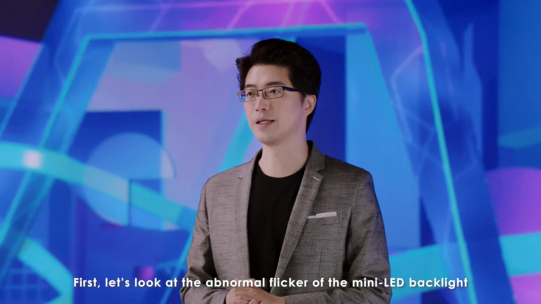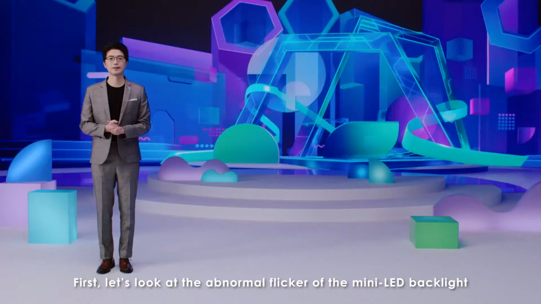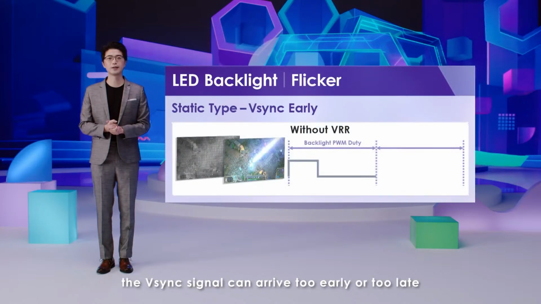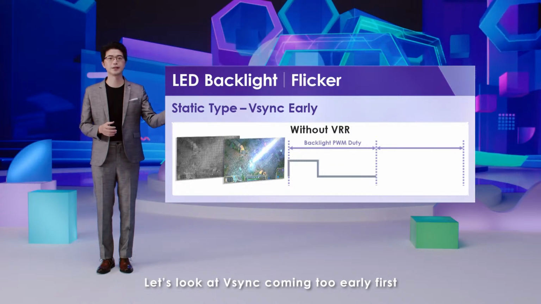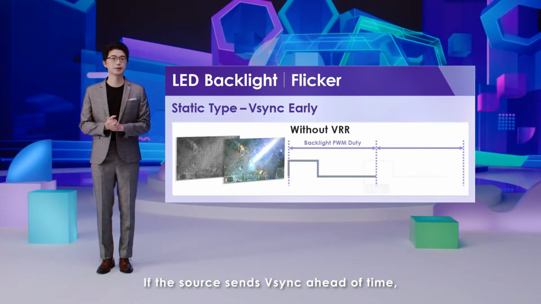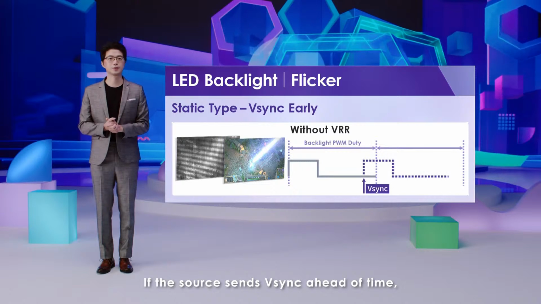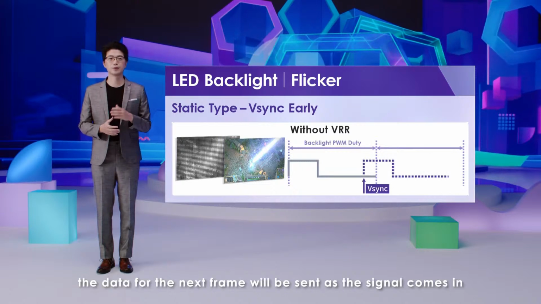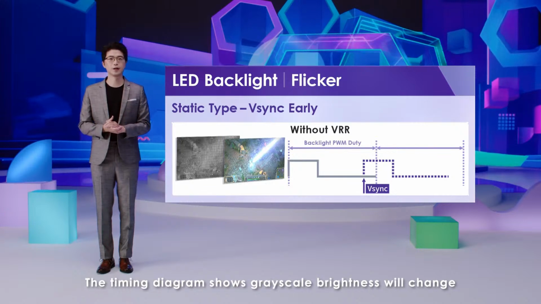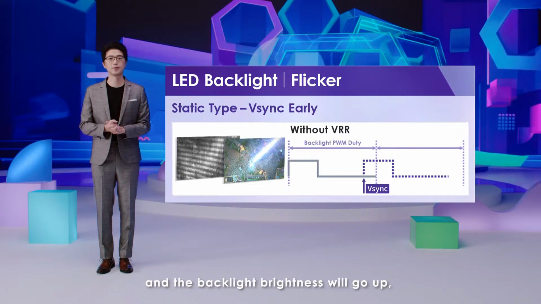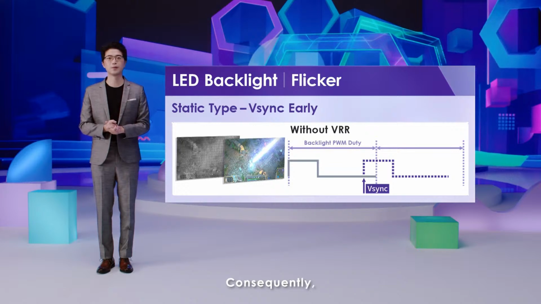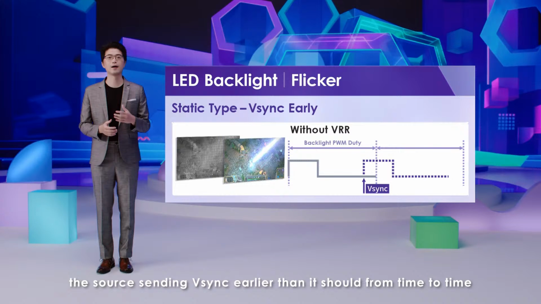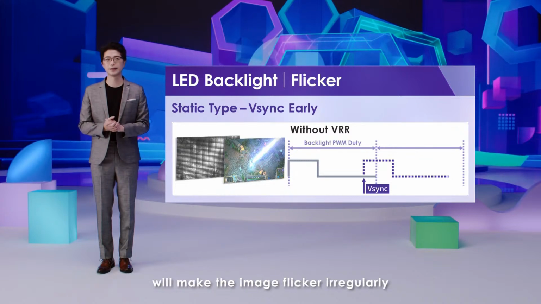First, let's look at the abnormal flicker of the mini LED backlight. Under static type, the V-Sync signal can arrive too early or too late. Let's look at V-Sync coming too early first. If the source sends V-Sync ahead of time, the data for the next frame will be sent as the signal comes in. The timing diagram shows grayscale brightness will change and the backlight brightness will go up, making the overall image brighter. Consequently, the source sending V-Sync earlier than it should from time to time will make the image flicker